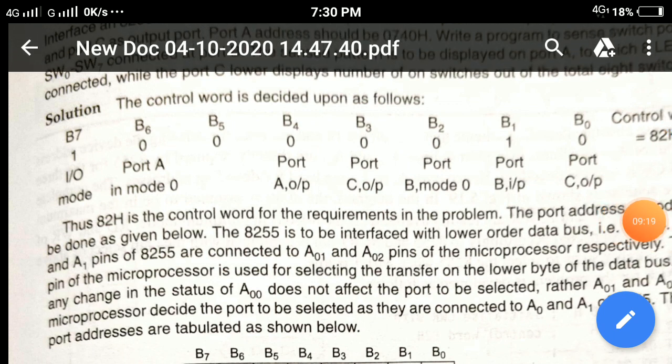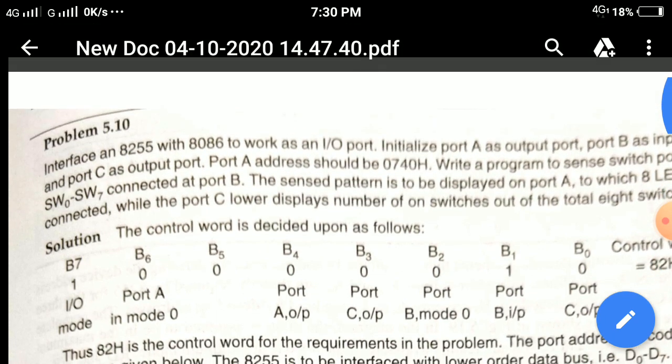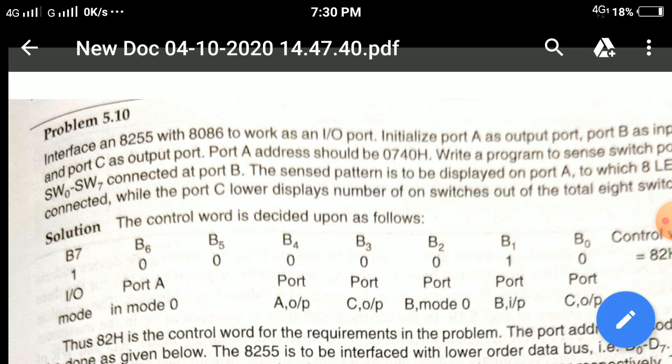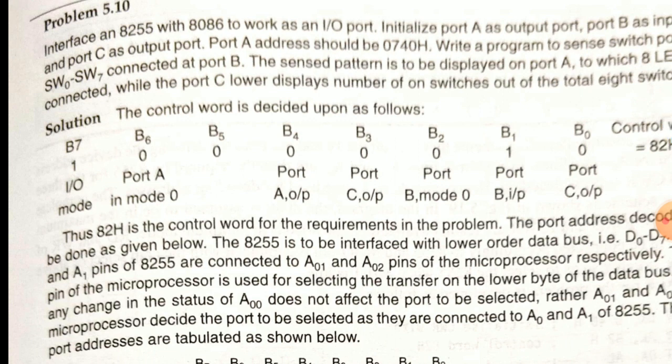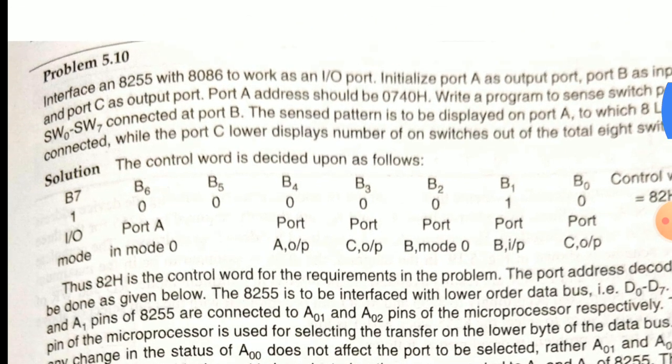B4 is the port A indication. As I already indicated, we have to initialize port A as output port, so B4 bit is 0. And we initialize port C upper as output port, so B3 bit should be 0.